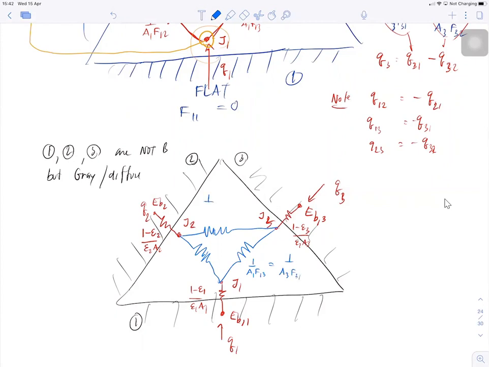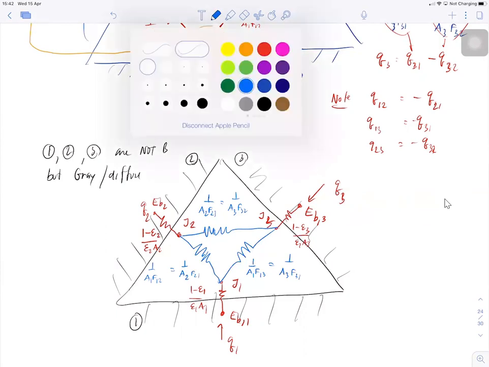Over here is going to be 1 over A2 F23, which is equal to A3 F32 anyway. So this one is going to be equal to 1 over A1 F12, which is equal to 1 over A2 F21. Okay, so if you make nodal analysis,